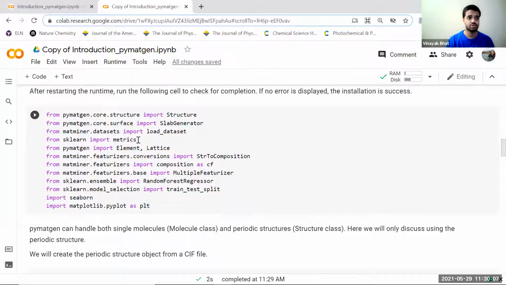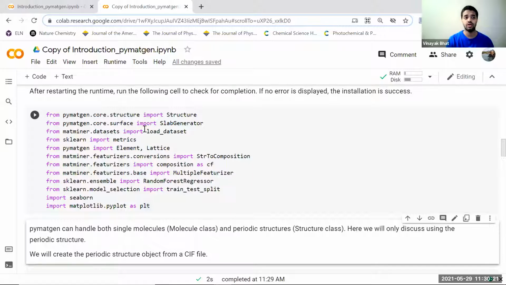The core package in PyMedGen is again the structure package. So core has structure. You can use molecules too in this. There's a molecule class and a periodic structure class, but it does not provide the functionality that RDKit provides for molecules. So it's okay, but not too great for doing cheminformatics stuff. But it's very good for doing periodic structures. If you have a periodic structure, you can manipulate it, change things, and that's what we are going to do here. And then a little bit of machine learning with that.